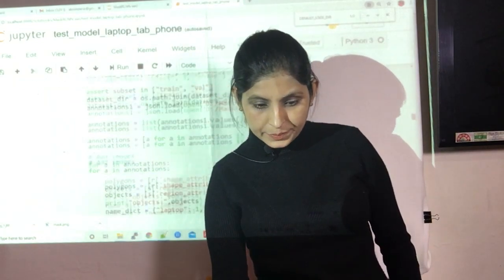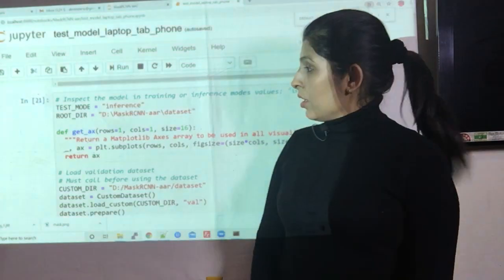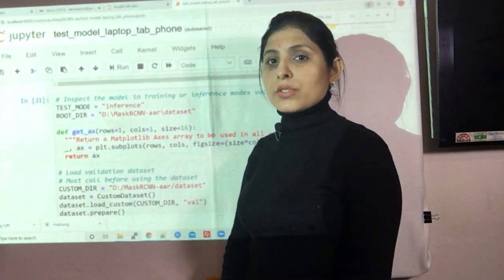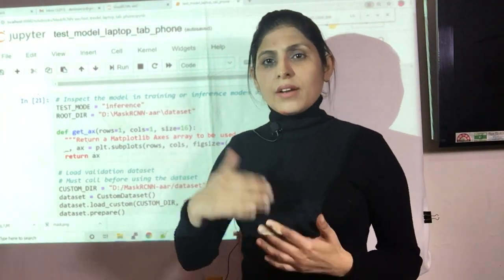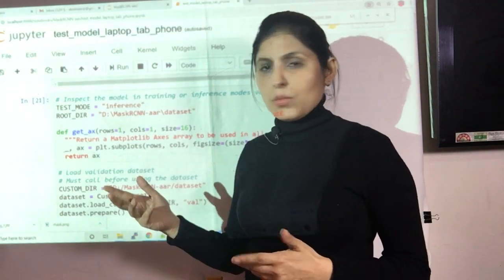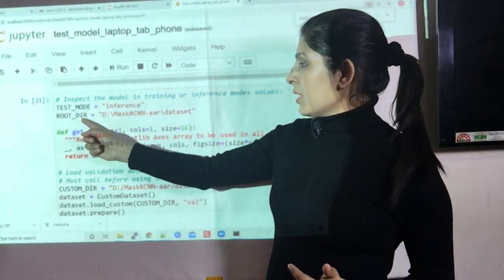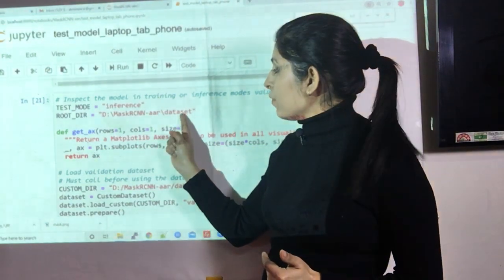After that, we have a variable with the name test_mode, and the testing mode is inference. There are different modes, right? Training mode and testing mode. Over here I'm using inference mode. And root directory is the directory of my dataset folder.